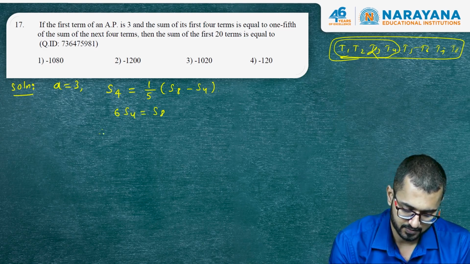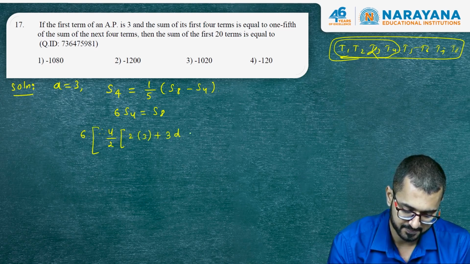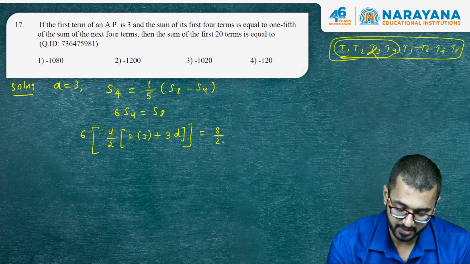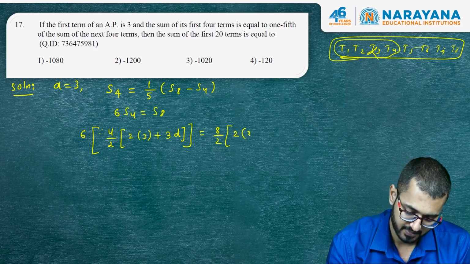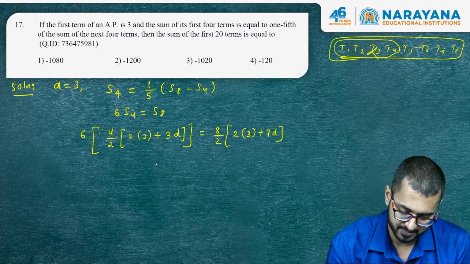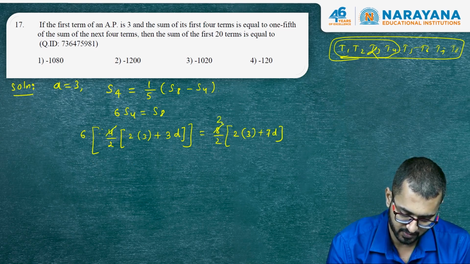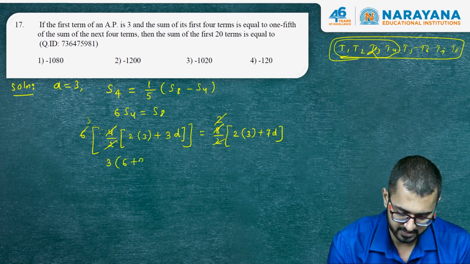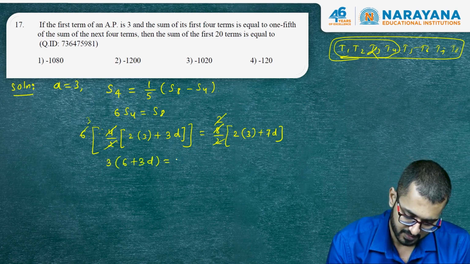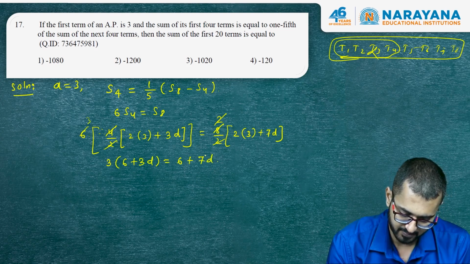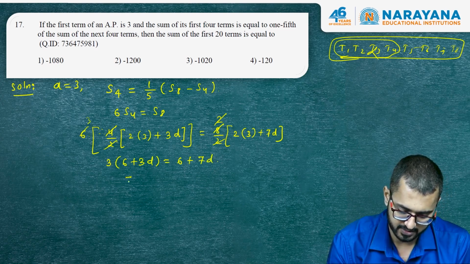So from here we can write down 6, and what is S4? It's n by 2 into (2a plus (n minus 1)d). This will now be equal to S8. S8 will be 8 by 2 and then (2a plus (n minus 1)d). So let us see, something can be cancelled. So yes, 4 and 2's are gone. This 2 is gone, this 2, this 3 will be gone. So I'll be having 3 into (6 plus 3d) will be equal to 6 plus 7d. So 3 into 3, 9 minus 7 is 2d is equal to